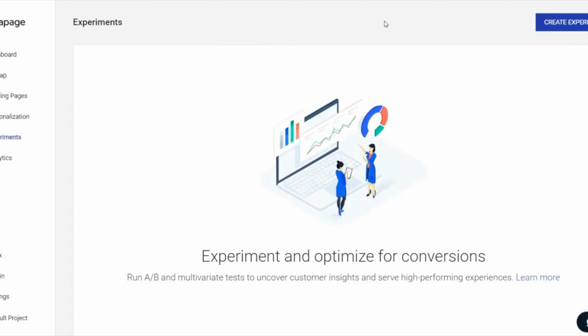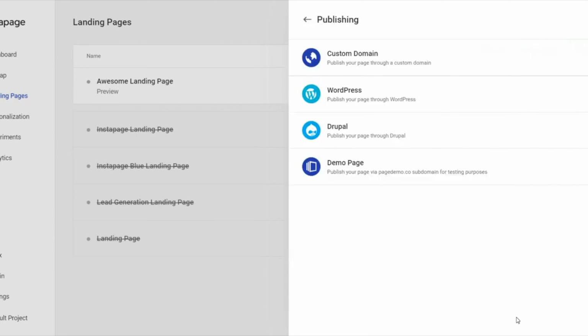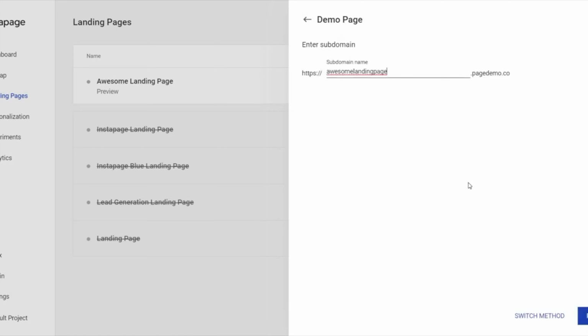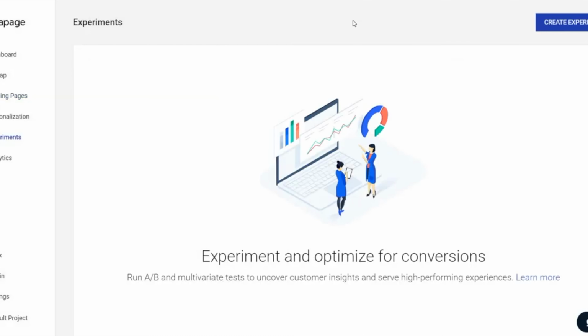Before I do that, what I need to do is actually publish my landing page. So I'm going to go over to landing pages. When I click on this, we're going back to this screen here. I can actually publish the experience, so to speak. Obviously you can do a custom domain. You can do it through WordPress, so yes, they do integrate with WordPress. You can use Drupal or even a demo page. For this, just to make things quick, I'm going to do the demo page. So we have awesomelandingpage.pagedemo.co. Let's publish, confirm. Okay, so now that our page is actually published, which is very important,